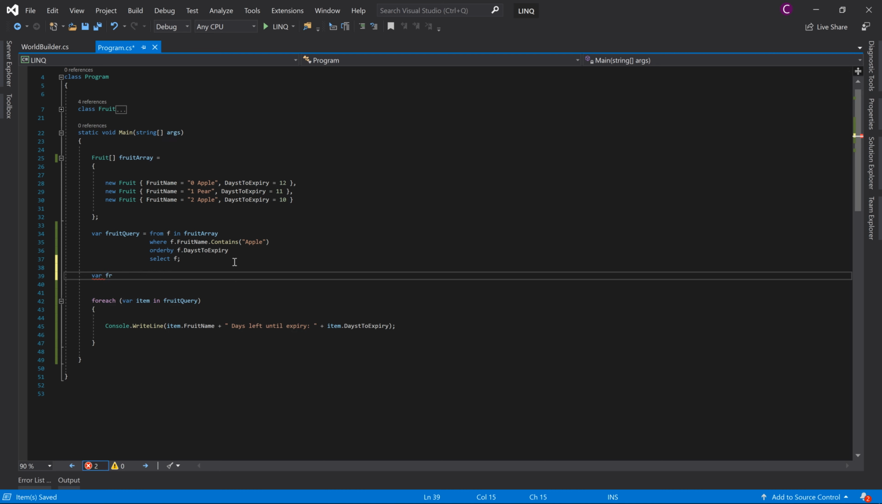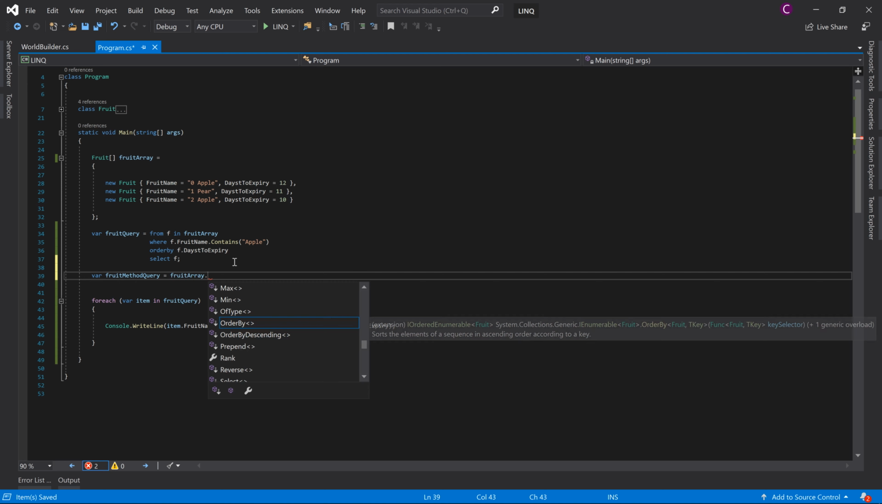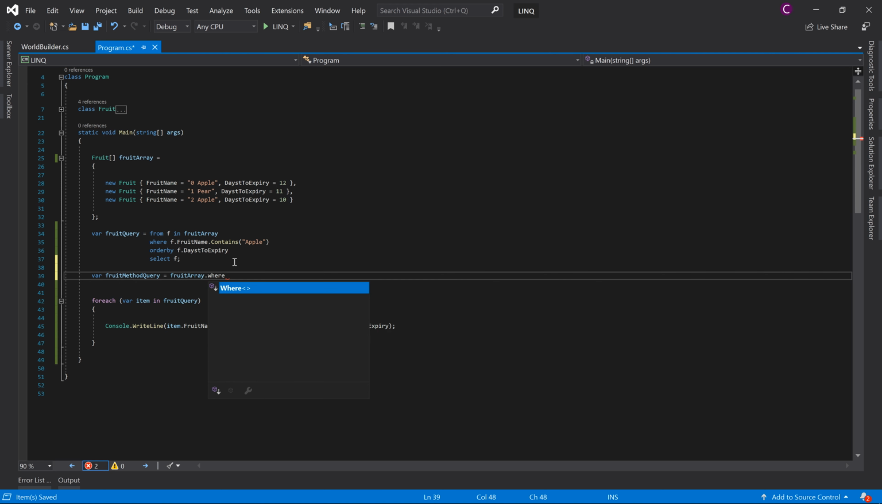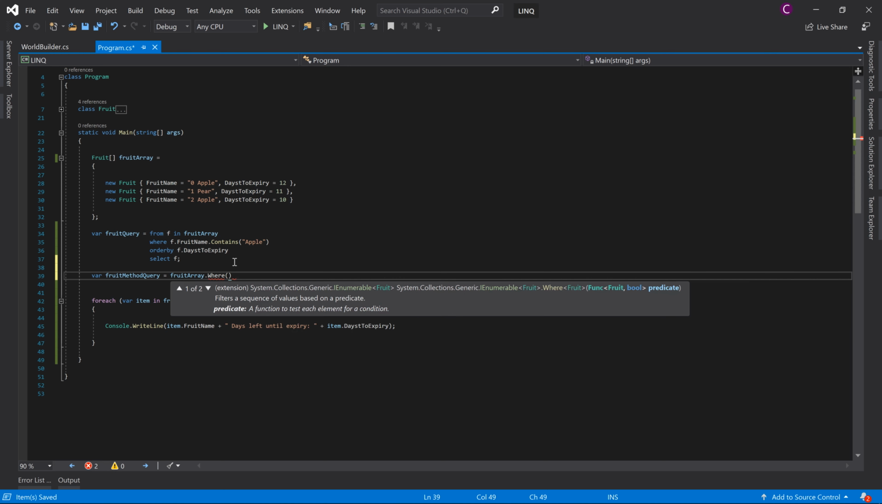Var fruit method query equals, so here we start with the actual fruit array, and what we're trying to do is say where, like the method above, the fruit name. So right, this expects a method, right? So